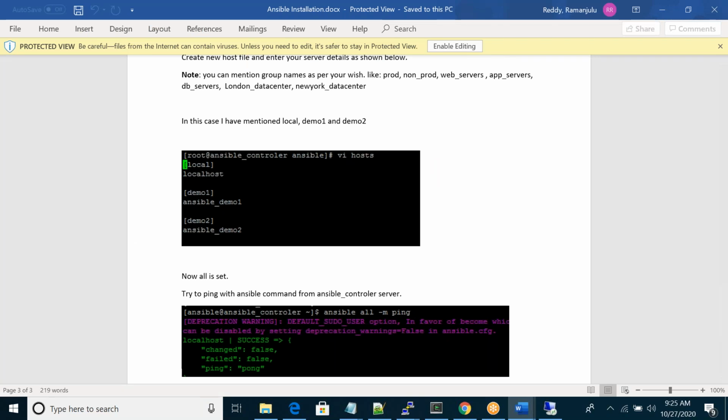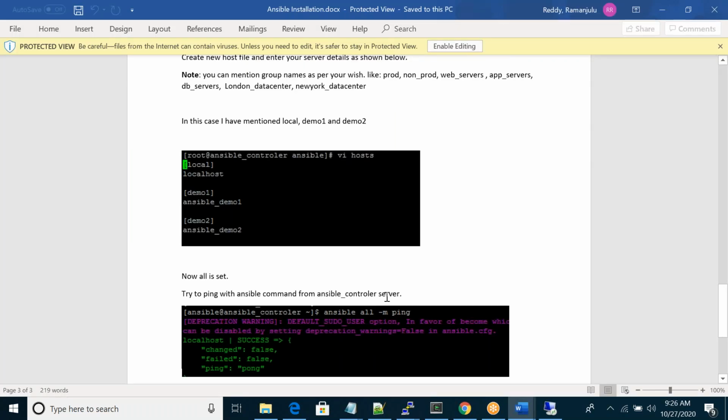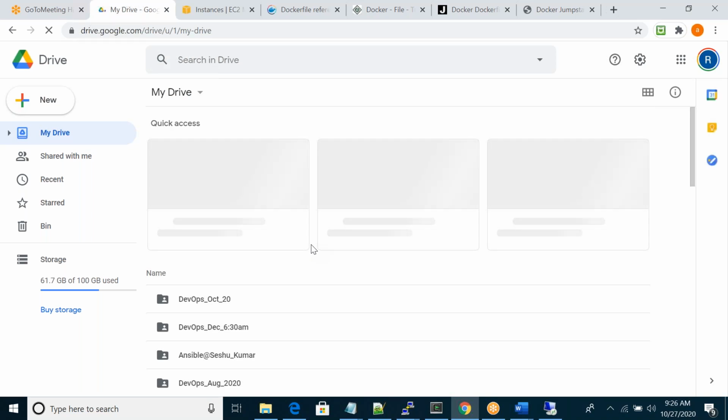Do you remember all the commands? If you start, you will also remember. If we start working, you will face some issues, and if you try to troubleshoot, then automatically you will remember the commands.